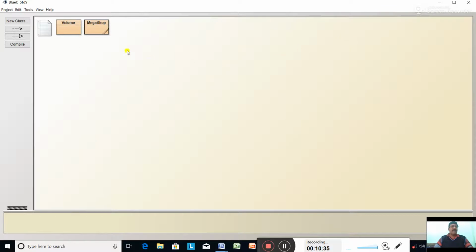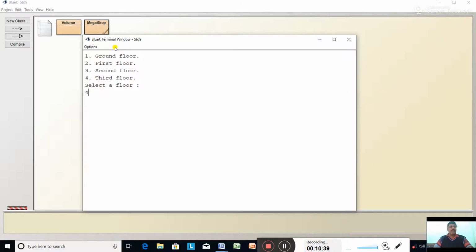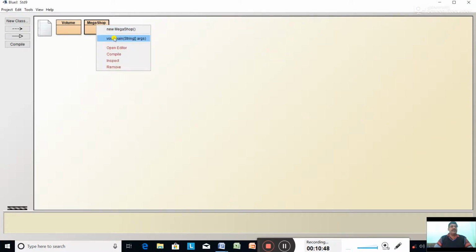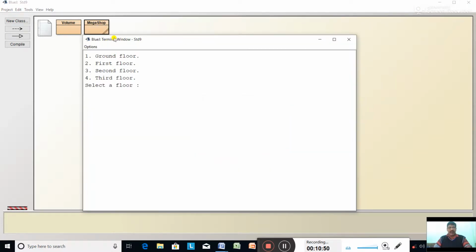Next time take choice number 4. Floor number 4, menswear. Enter the cost, type the cost, and see the output. And now suppose you give the wrong choice. Suppose I'm going to give floor number 9. There is no floor number 9. This is the output. Incorrect floor. Output came incorrect floor, and in this case, no need to input the cost of the item. That option did not come.